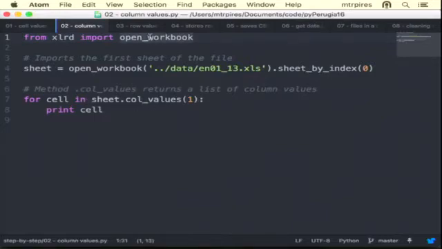We import the class Open Workbook from xlrd. We assign the object on the first index of the sheet to a variable called sheet. And then we're going to iterate over the column values. So the function to call the values is col underscore values. And then we do the number of the column that we have. 0 is the first one, 1 is the second. So this gives a list of the values on the second column,